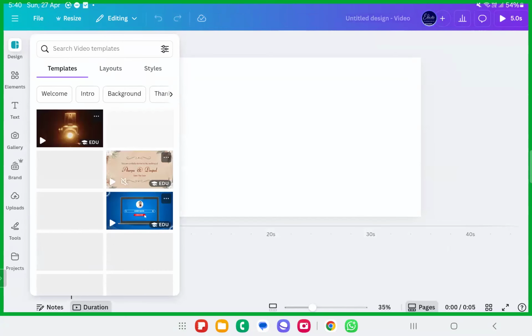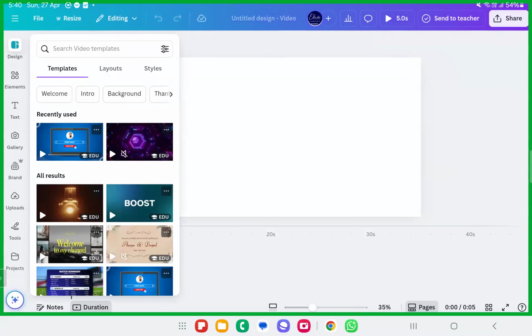Mobile video is nothing but portrait video, the straight ones, through which you create reels and shorts. It's not landscape, it's portrait. So a mobile video is nothing but shorts and reels, and also TikTok videos and something like that can be created with it.